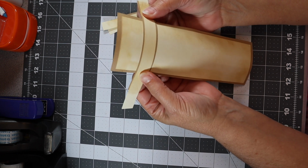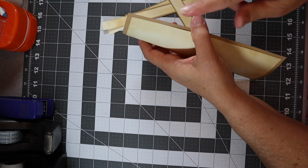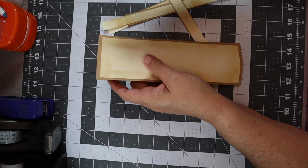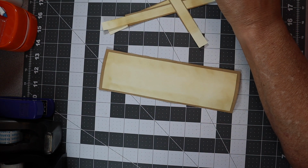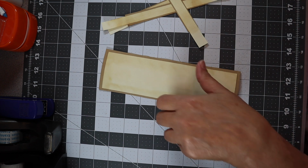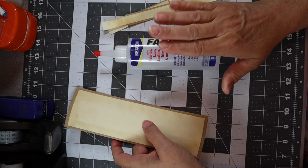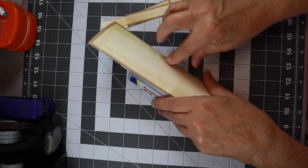So I've come up with an idea, and I'm going to show you what I decided to do to help mine. Since I've got to glue this in here and get it nice and glued down, I'm going to get out my glue, because that's going to make this a little more pliable to do what I want. And I'm going to take out my Fabrifix bottle, but I'm not using Fabrifix. I'm going to use my bottle as my